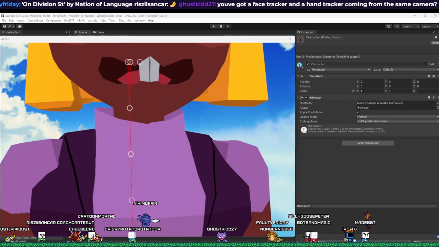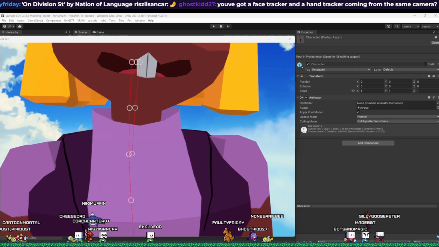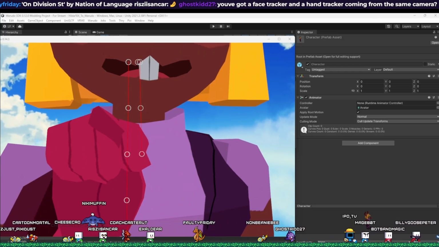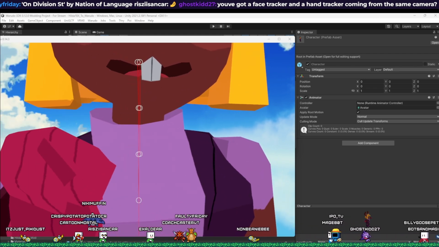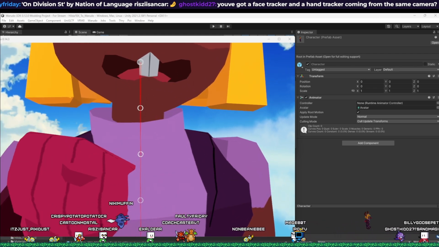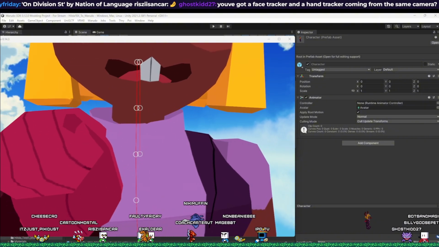Got face tracker and hand camera from the same camera? No, so I have my iPhone doing my face tracking, and then hand tracking is happening through my webcam. So I had this old webcam that I was not using, and then when I saw that you could do hand tracking with it,